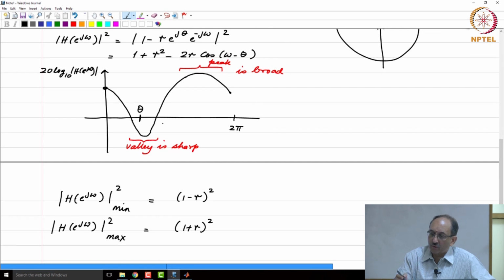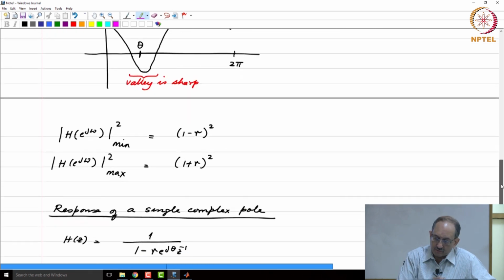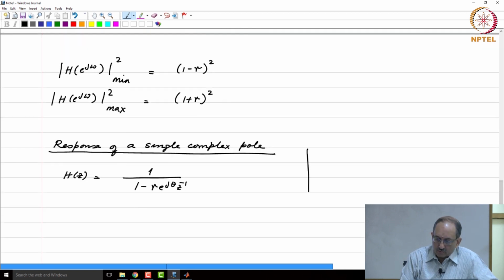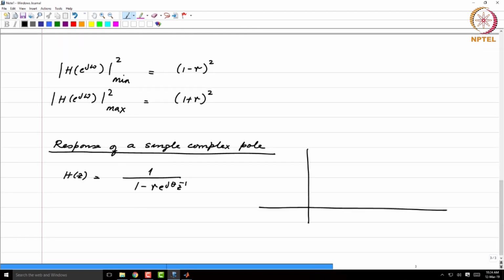Once you have the log magnitude of the 0, the log magnitude response of the pole is just the negative of this, and hence, without repeating the equations that were written earlier, let me just plot the qualitative picture. So this is how the picture will be,